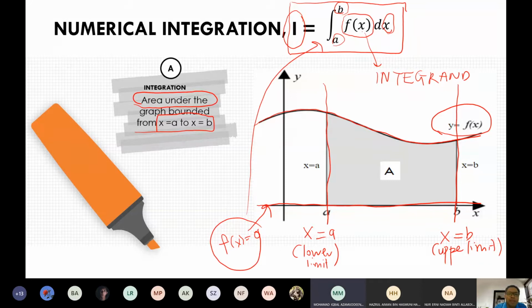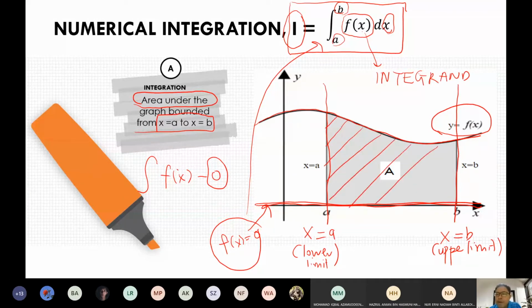If you see carefully, your equation can be written in this form, where your 0 is silently written there, and that's why you may see that this y equals 0 is also a boundary bounding the area that you want to find by using the integration. So this is the area that you need to compute